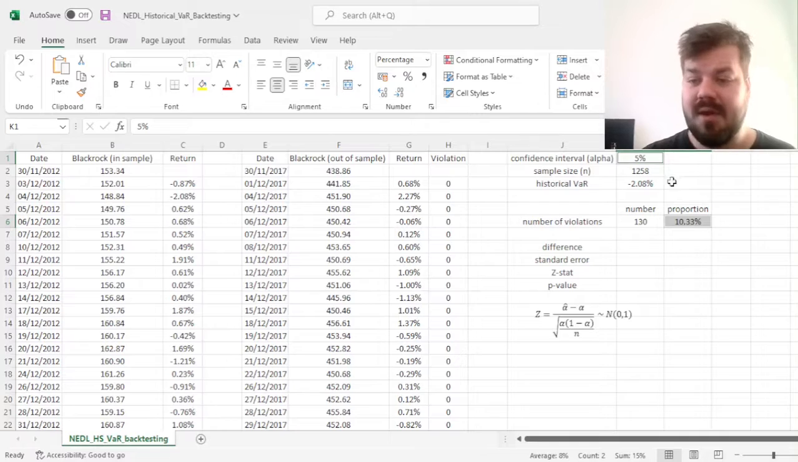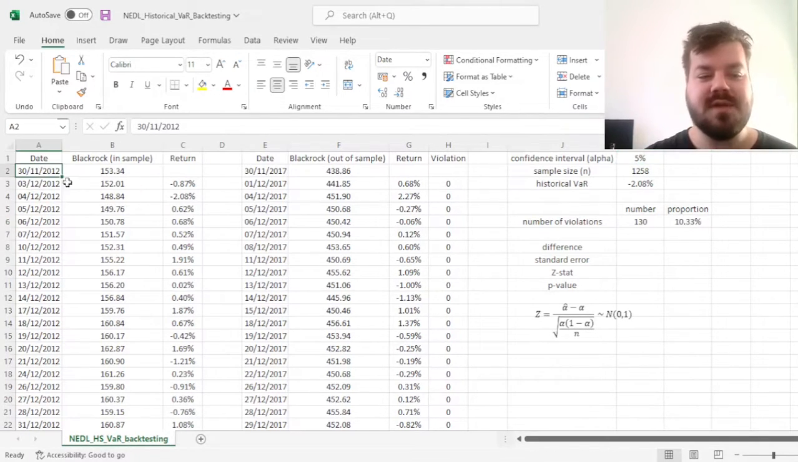However, the main purpose is to determine whether this deviation from the expected proportion of violations is due to random chance alone, or whether it highlights some systematic deficiencies in our VaR model. That can result from the fact that the historical distribution of returns is not stable with time. Again, historical VaR assumes that the empirical distribution of returns is stable, so returns from 2012 until 2017 can be